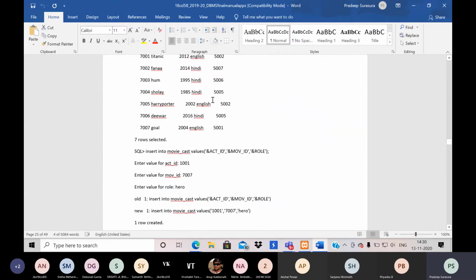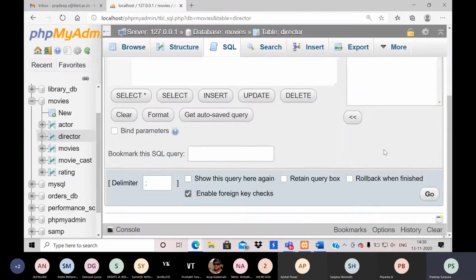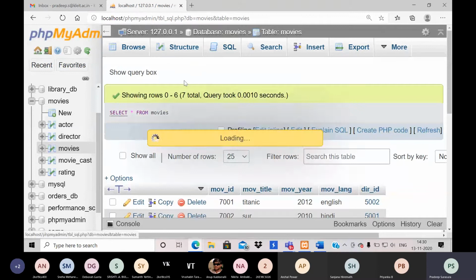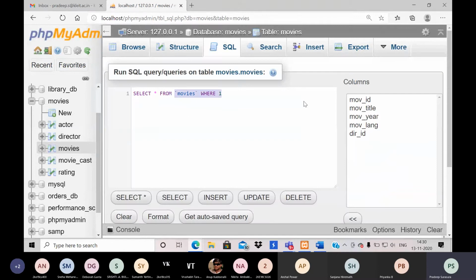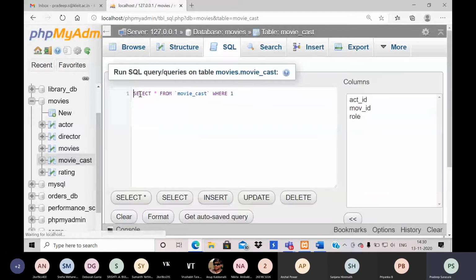Is it movie or movie cast? Yeah, it's movies, no problem. So movies also work fine. Then finally go with movie cast. After movie cast I have one table called ratings.